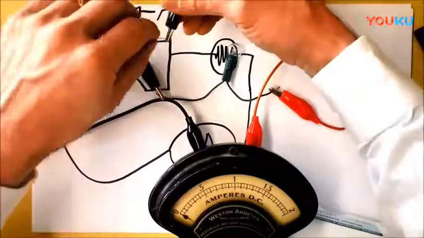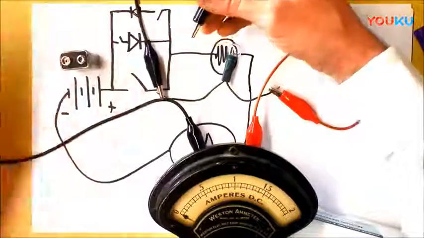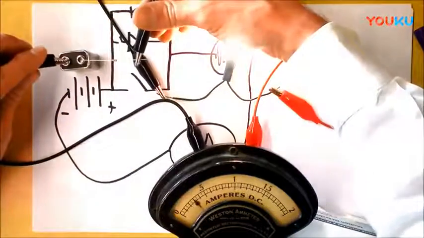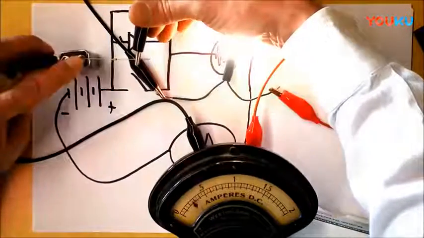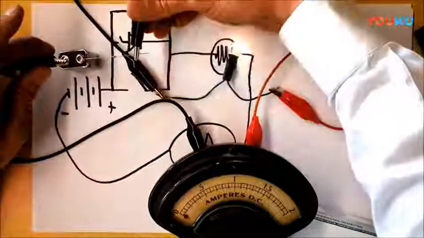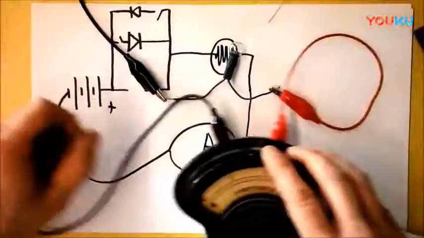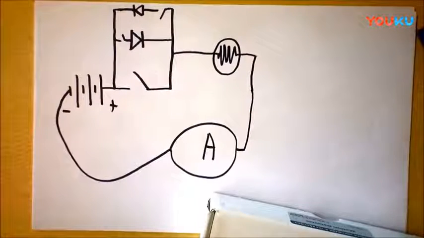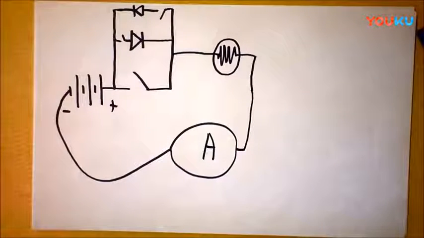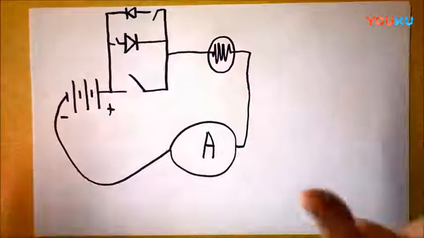So I'm gonna switch this around, and I'm gonna switch this around now also. If I switch the battery and the diode, that's what I just did, then the ammeter functions properly and everything is cool. So take a chance to look at that circuit that I've drawn right there while I'm cleaning up. I've got myself quite a bit of a mess to clean up, and this is why we talk about diodes,